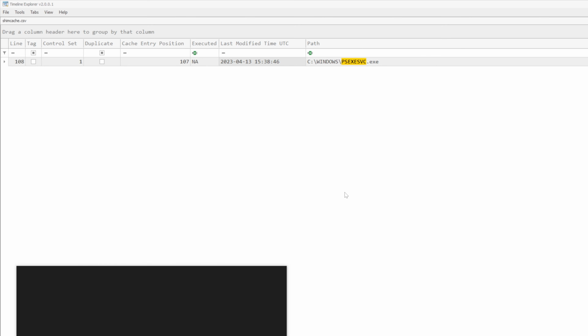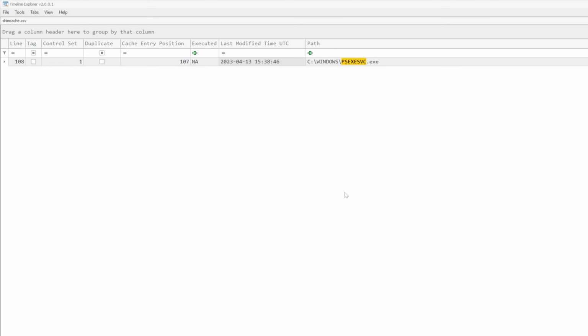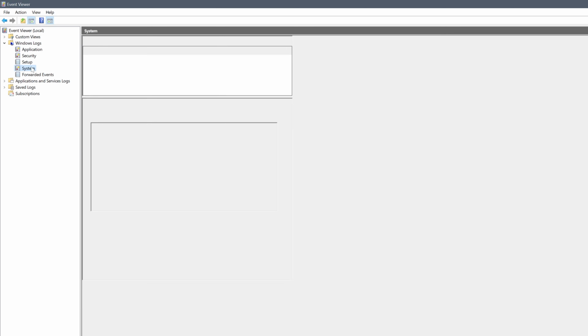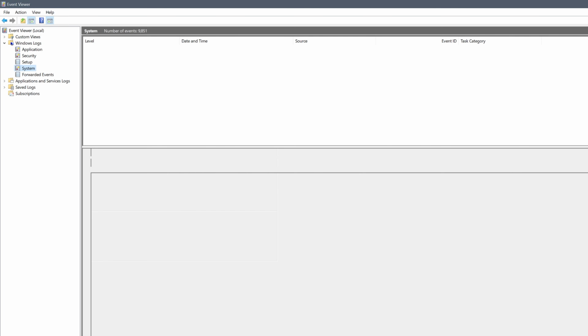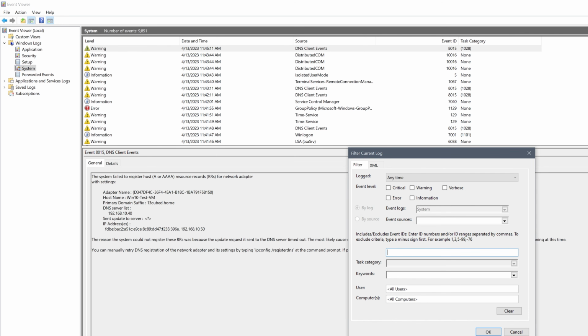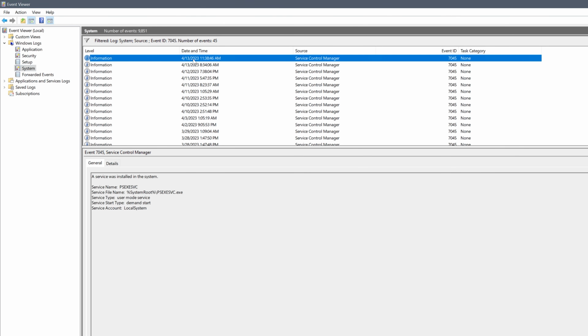Let's check that. We'll go ahead and load up the Windows Event Viewer, and we'll go back to where we were under Windows Logs. We're going to go into System, and we're once again going to filter the current log on 7045. And what we're going to do is simply match up that timestamp and see if it makes any sense. So right here under all event IDs, I'll just type in 7045. And if you take a look at it, it's